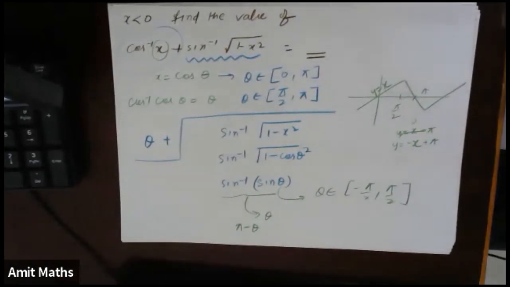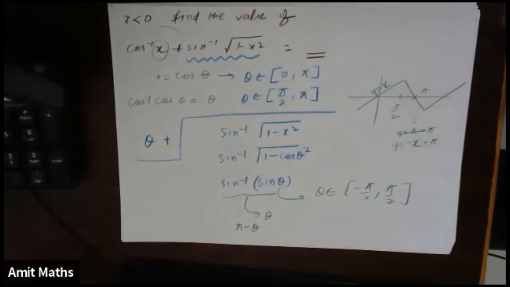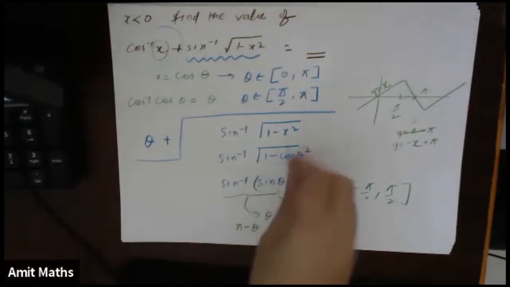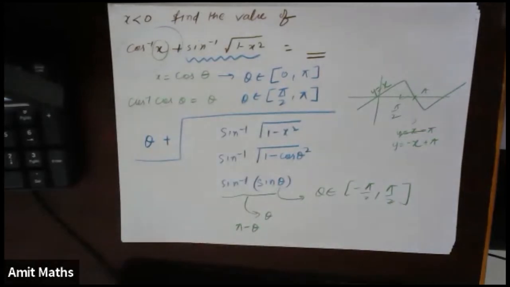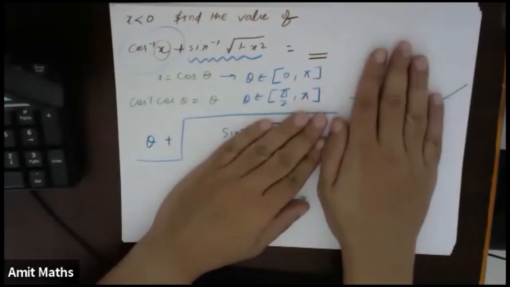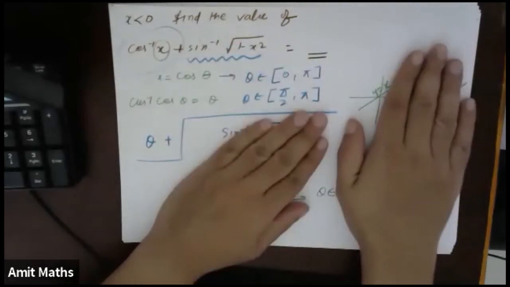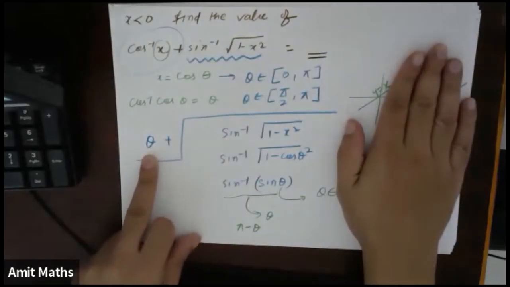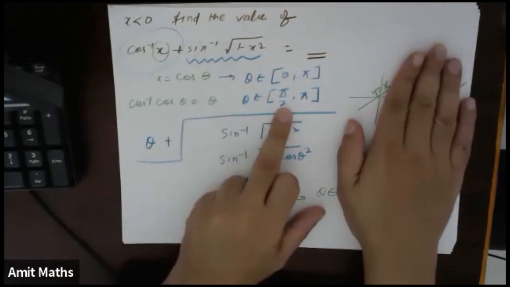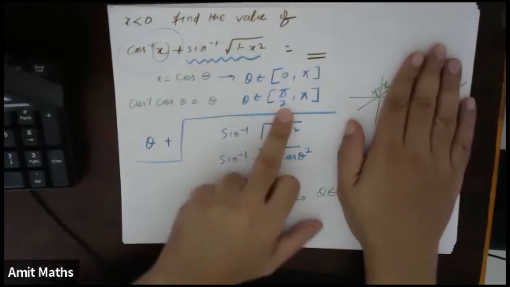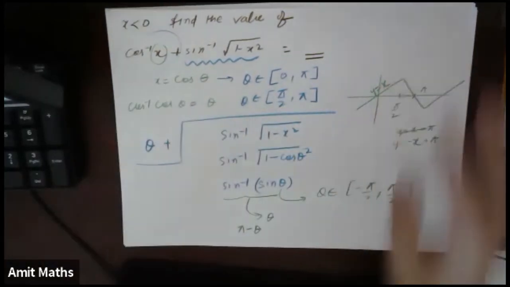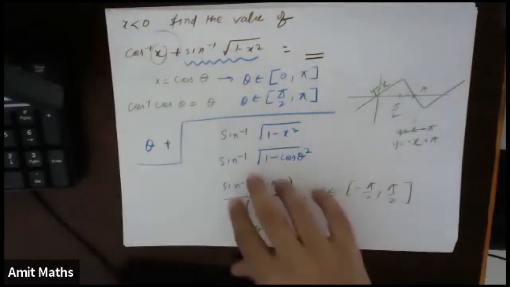Just check this one, everyone, what I just did. Okay, I will explain it once again. Okay, fine. Leave this part first. This part everybody understood: the first thing which I did, theta, and why this angle is lying in this part. Yes, very good. Okay, now let's move on to the second part. I will try to solve this part once again.